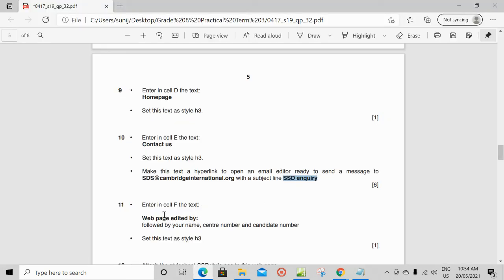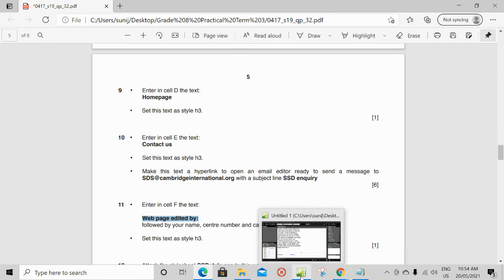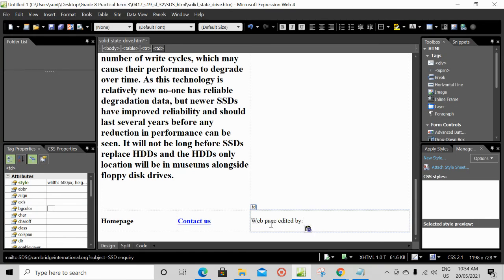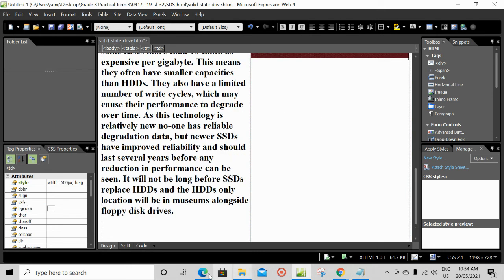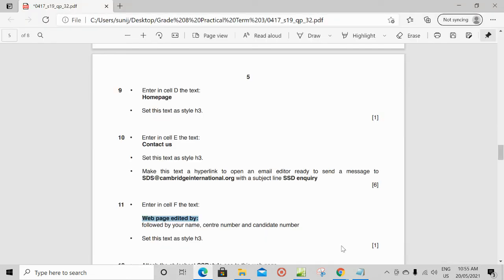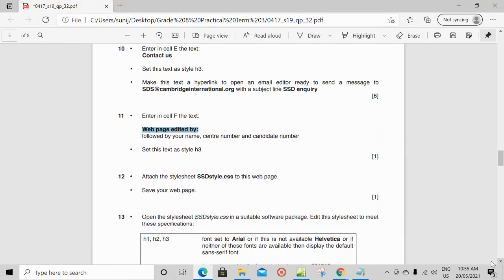Now in cell F, enter the text web page edited by followed by your name and candidate number. So again, data entry is important. Web page edited by your name, your center number, and your candidate number, and you have to set this text as H3. Okay, so that is done. So question number 11 is also done. Now question number 12,